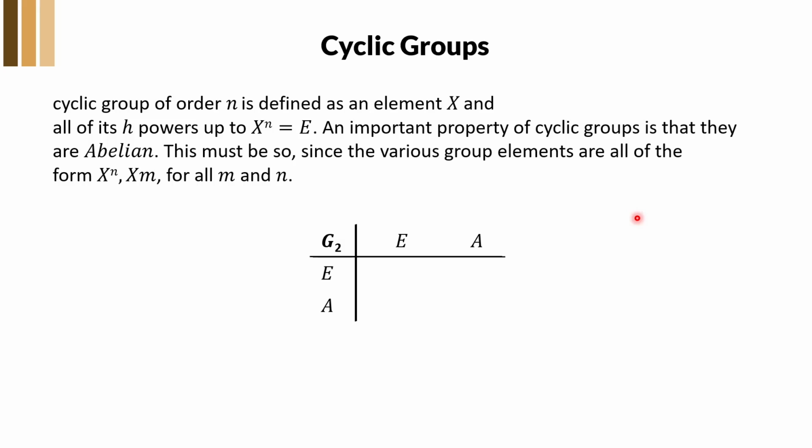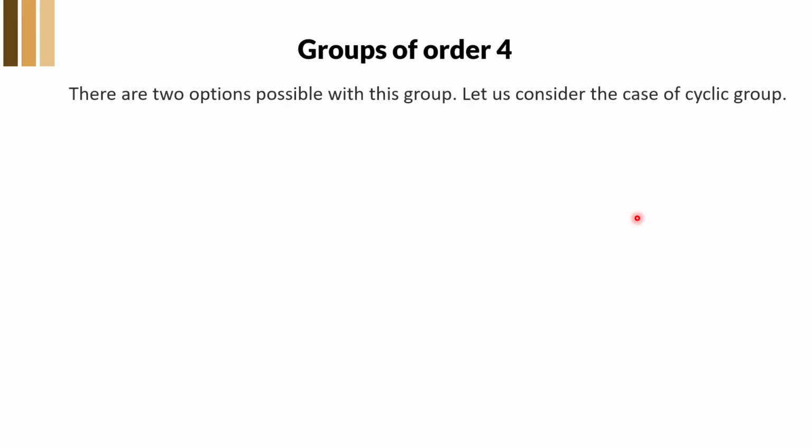So this must be so, since the group's elements are all of the form x to the power n or x to the power m for all values of m and n. So this G2 is an abelian group and also a cyclic group. When you talk about the group of order 4,